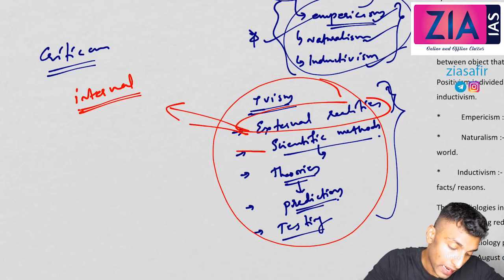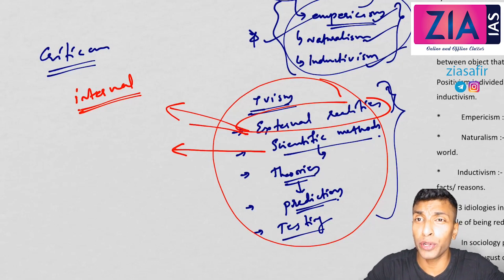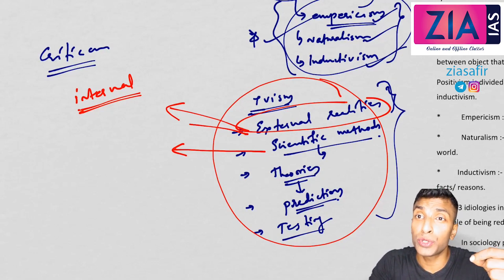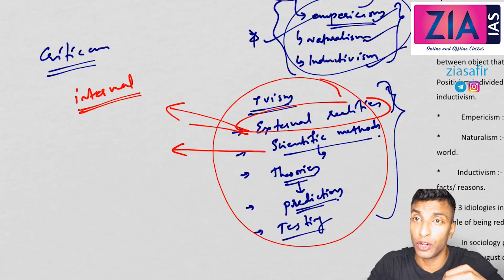Then you talk about the scientific methods. What I have told you in scientific methods is that initially you try to use directly the methods from natural science. As an example, I have told you Durkheim's method. Durkheim used methods from natural science, that is statistical techniques, but that was also criticized. The study he conducted was on suicide, and he collected statistical data, but the data he collected was not correct. There are a lot of ambiguities and vagueness and issues with the data, and so that study is not correct.